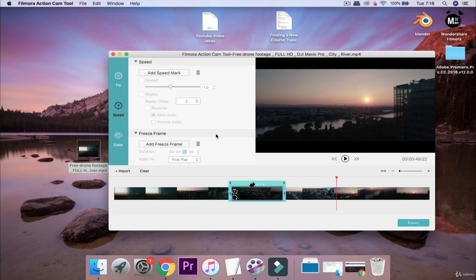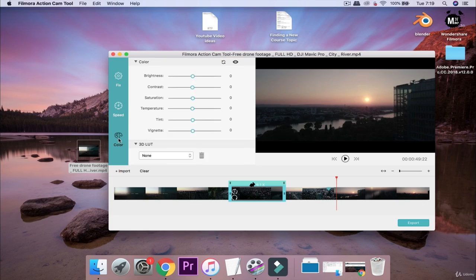So yeah, really cool option which they implemented for vlogs. So that will be it for the speed section. Let's go up to colors. So for those of you who don't know what color grading is, it's adjusting the look and colors of your